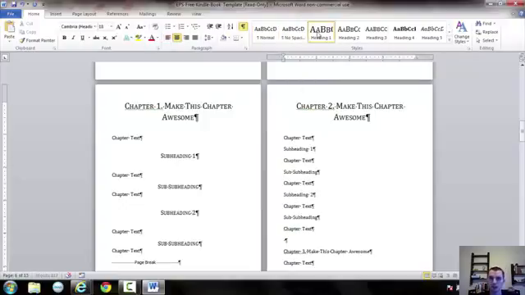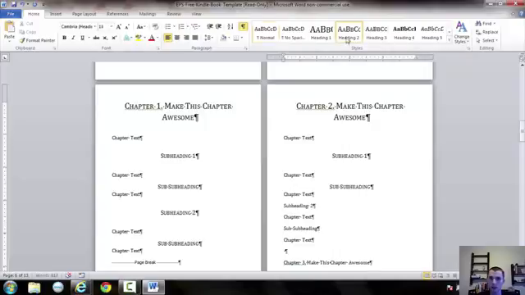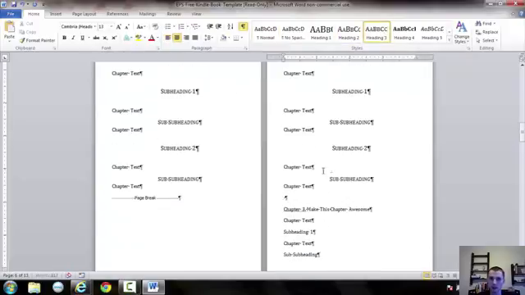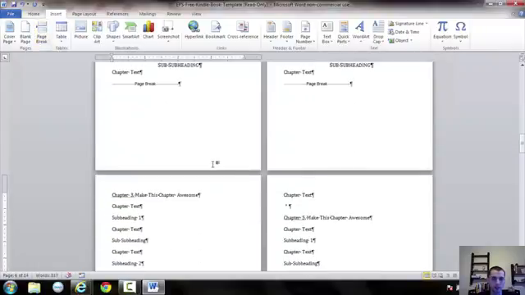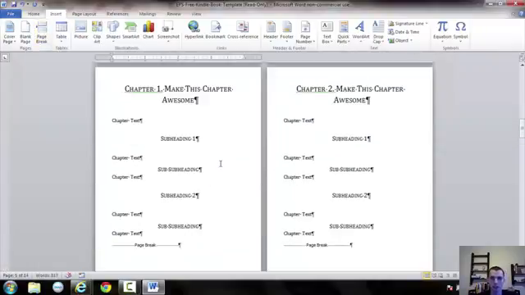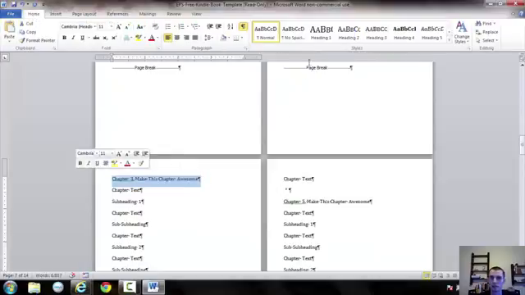Next, chapter 2, again, heading 1, again, subheadings, making them heading 2, subheadings, heading 3, subheading 2, and subheading 3, and then again, inserting the page break. Now I'm just going to go ahead and follow the same process throughout the rest of the book here. Keep rinse and repeat. So, heading 1,